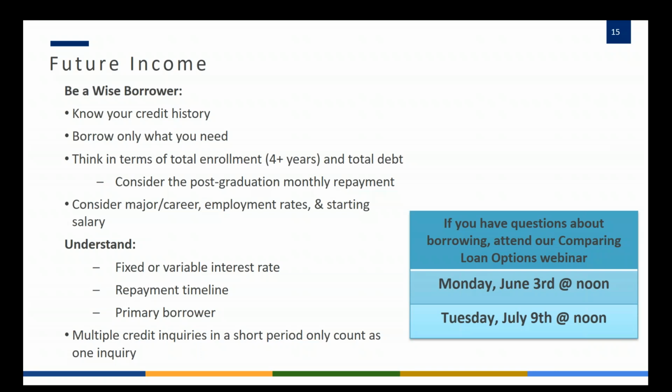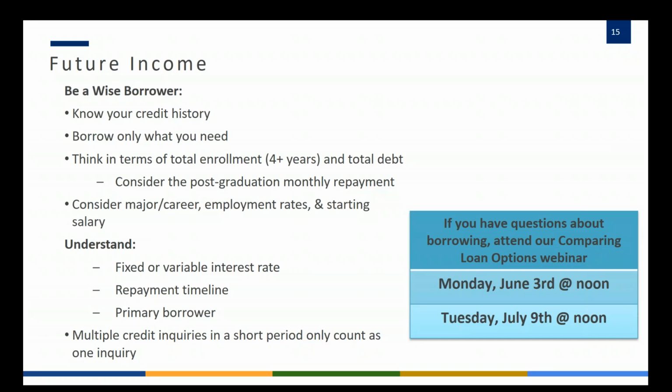So we want to make sure that families are thinking about all of this versus just jumping into a loan without making plans ahead of who's going to pay that back. Obviously, they want to look at the terms of the loan before signing on the dotted line. Do they prefer fixed rate where the monthly payments are stable, or variable rate, which might be low but will grow over time or could have the potential to grow over time, and the monthly payments will change? Really depends on what their preference is.